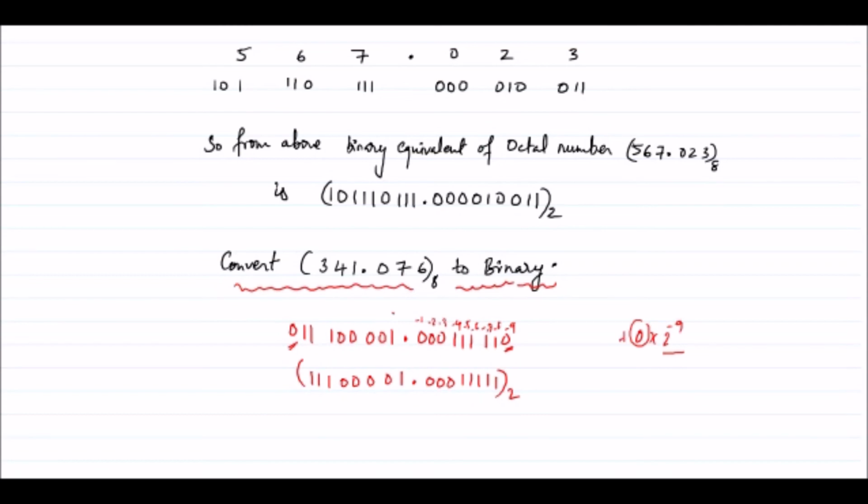Okay. So in the same way, if I write this value with positions 0, 1, 2, 3, 4, 5, 6, 7, 8, and in this if I write 0 into 2 power 8, 2 power 8 will be 256, or whatever value we have, this will multiply with 0 only, so there is no use of writing this value also. So that is why I have eliminated these two values. Okay,